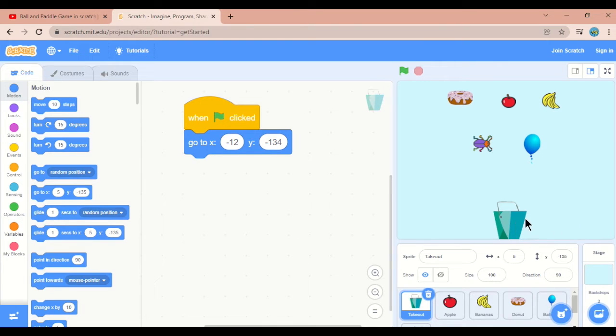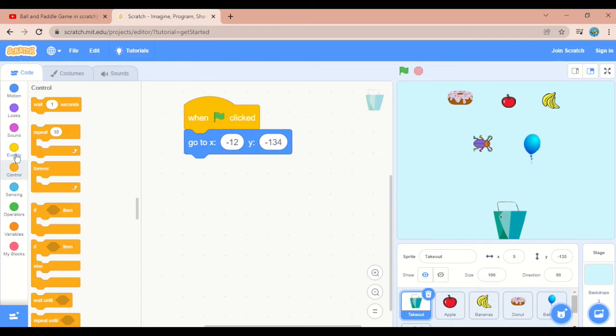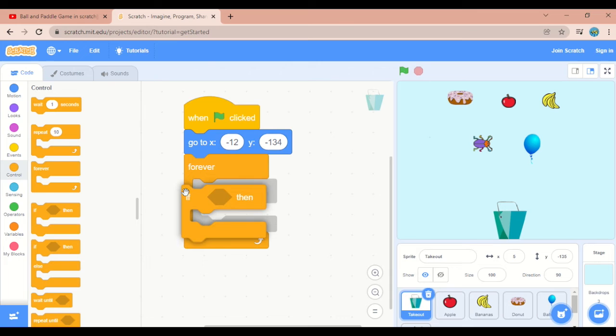Whenever you press right arrow, it must move rightwards, and whenever you press left arrow, it should move left. So we can choose control, go to control forever. Then you should give a condition. So we can choose if pressing right arrow.